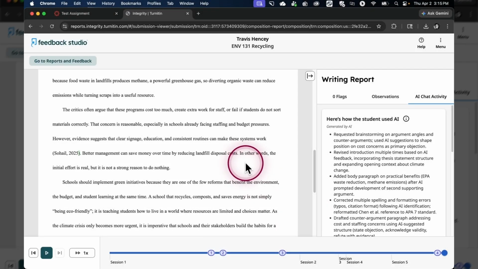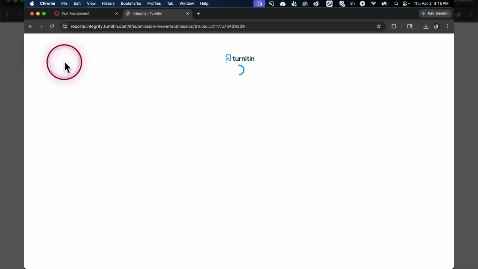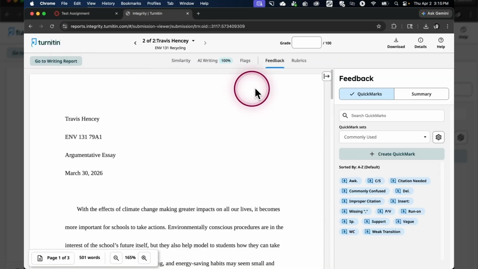Okay, so I think I've seen everything I need to see and we're ready to grade. We'll just go up to the upper left again and click Reports and Feedback. At the very top, we have that grade button and we can apply the score. Just clicking away is enough to save it in there. So if I close that tab,